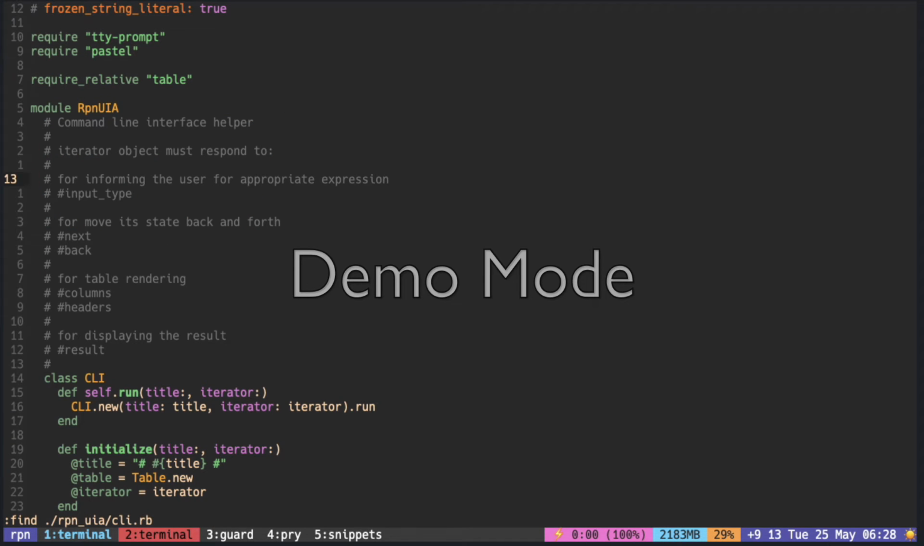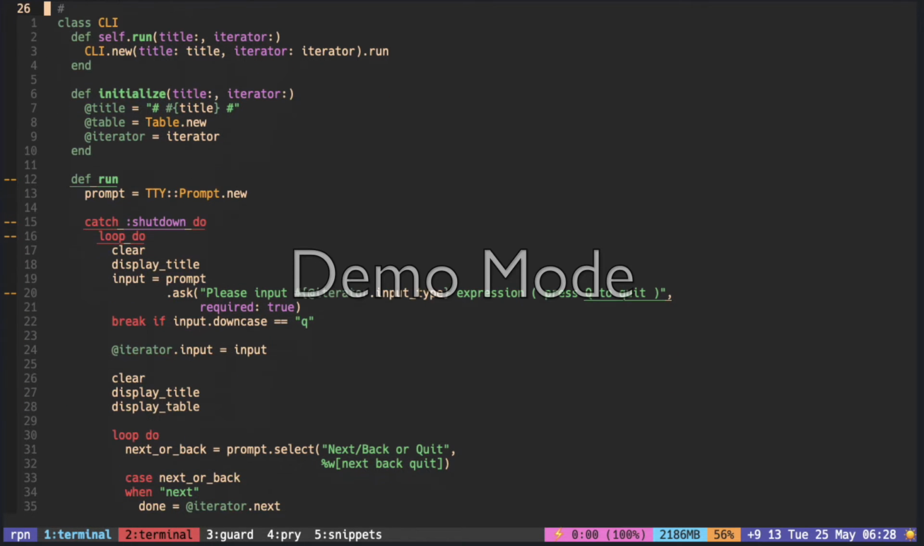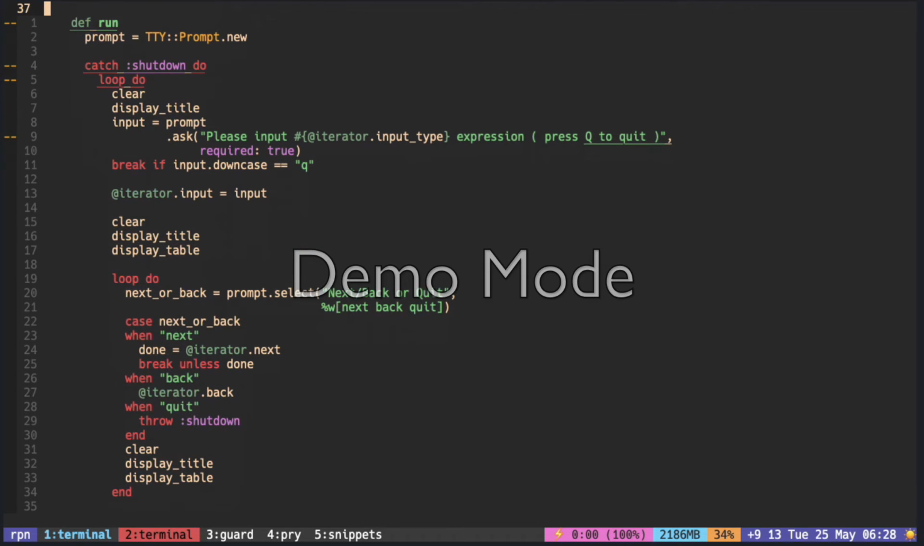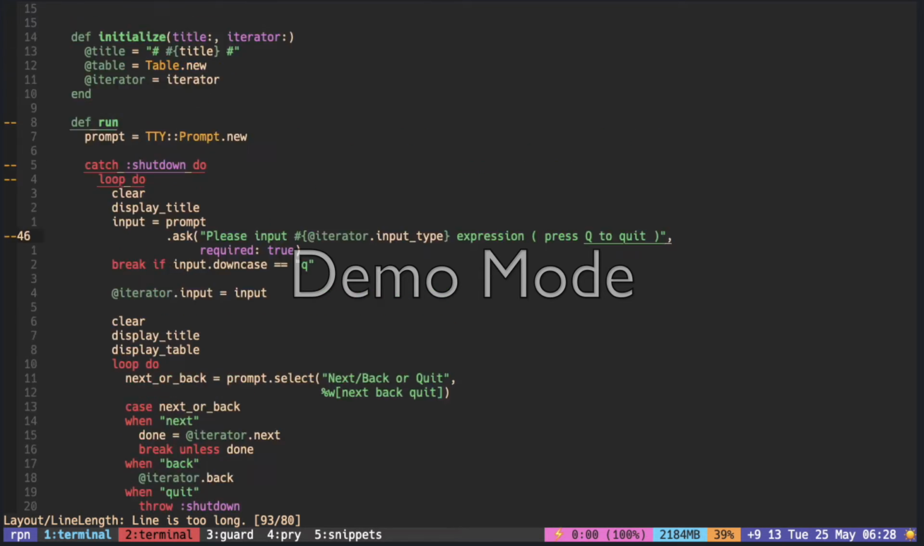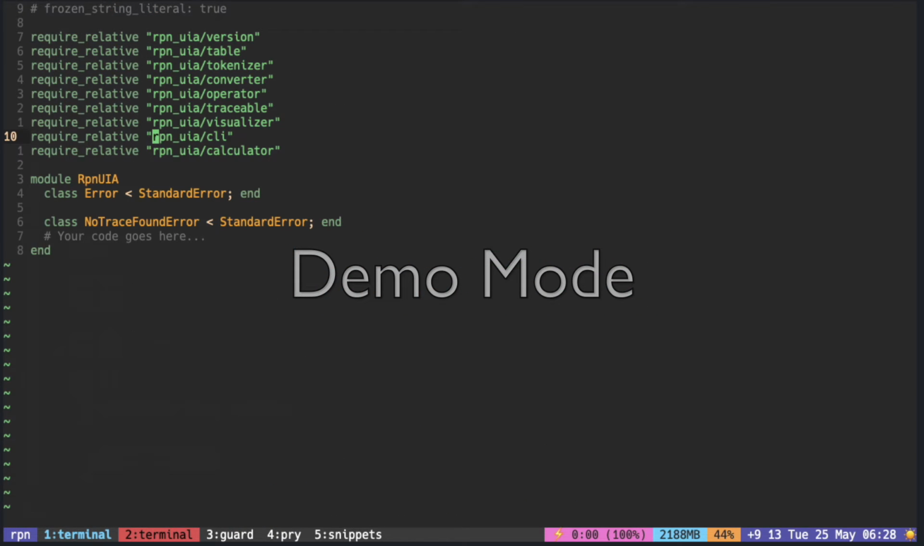which is the driver code for the executable. So this one actually runs the executable. So you can see that it says please input the expression, press Q to quit. So this is the main driver code. Another one is the table,